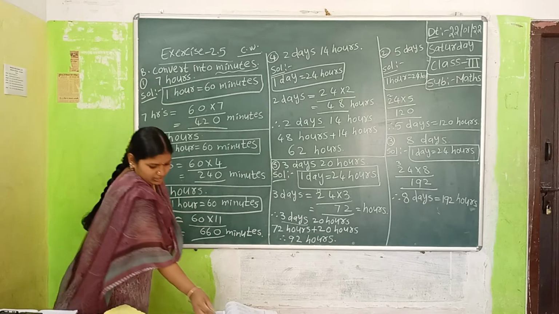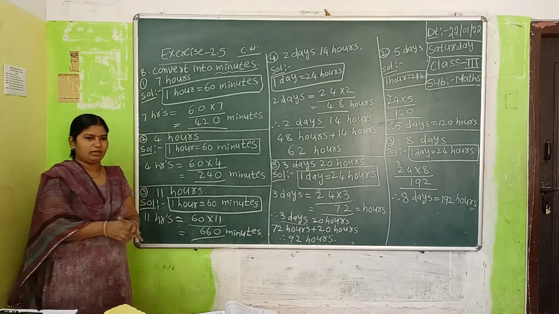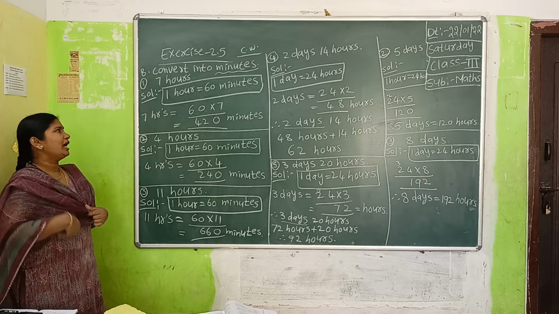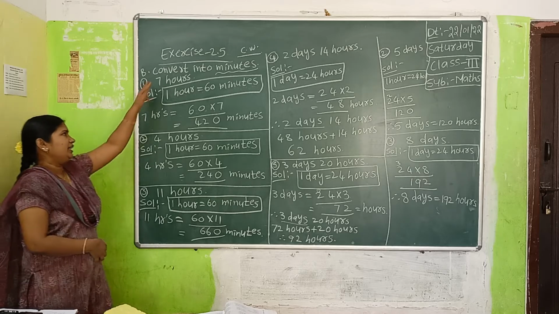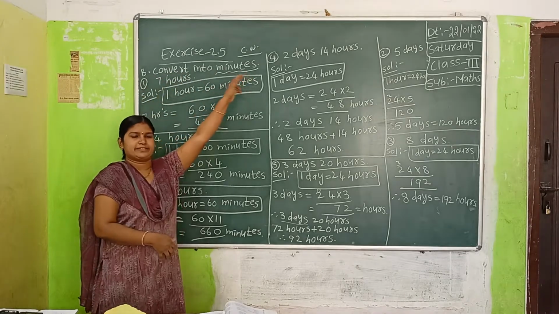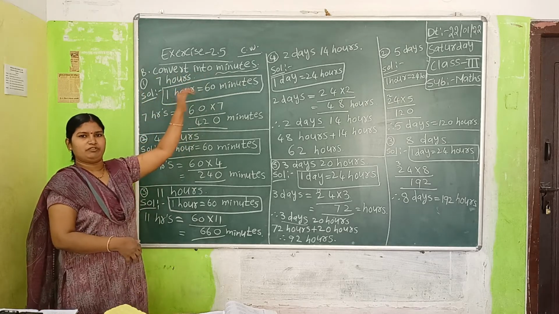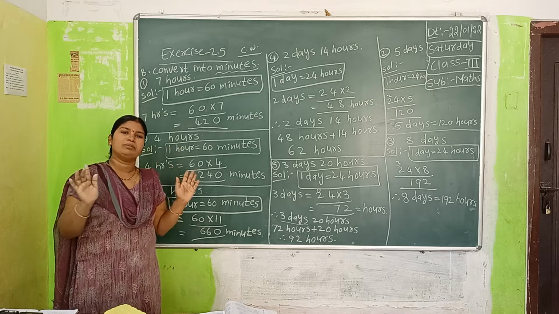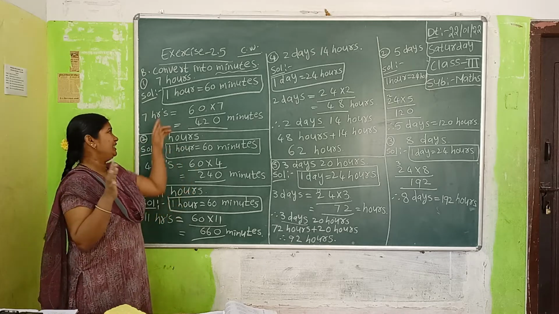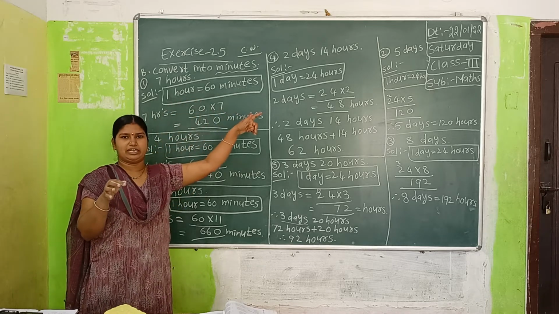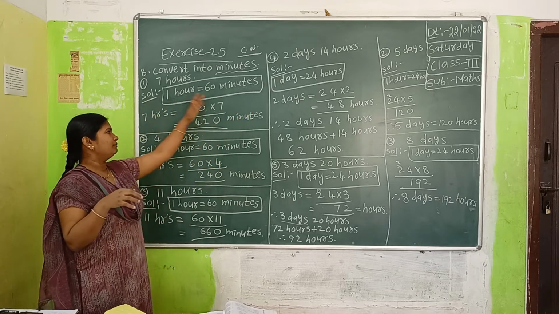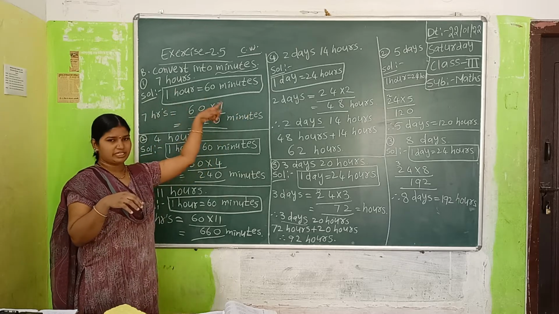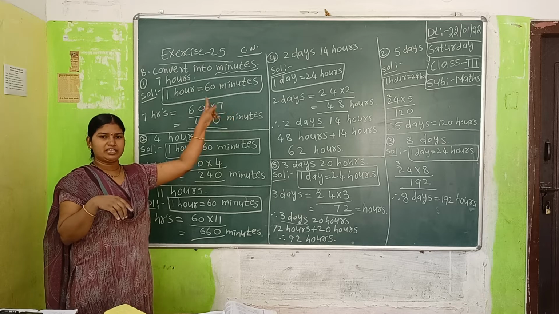If you understood, these problems will be very easy. Okay. Just observe in the heading what they have given, minutes, and in the question what they have given, hours. You have to take those two, and from them you get the formula. That is 1 hour equals 60 minutes. Okay. Now you have to multiply the given number by 60 only. Why are we taking 60 only?